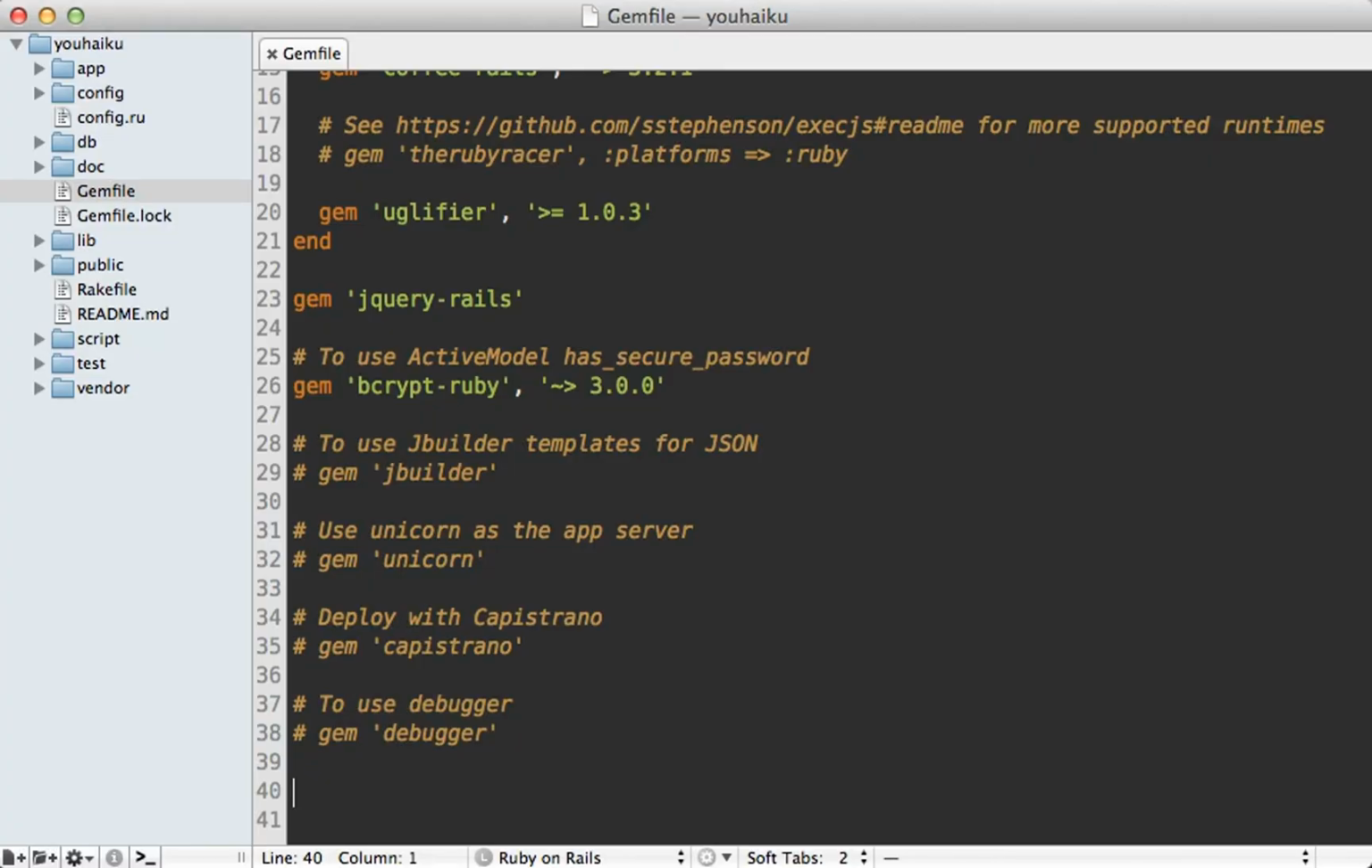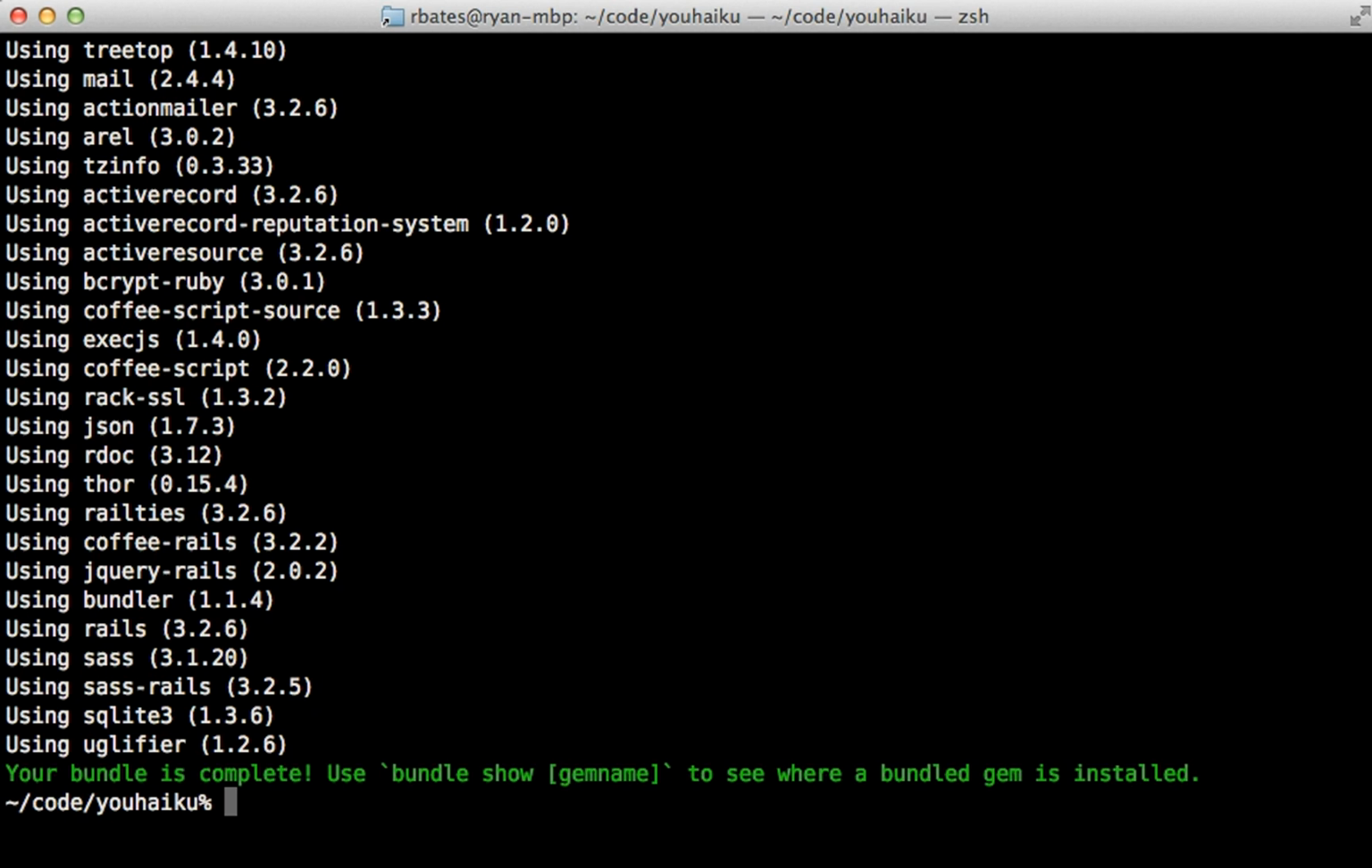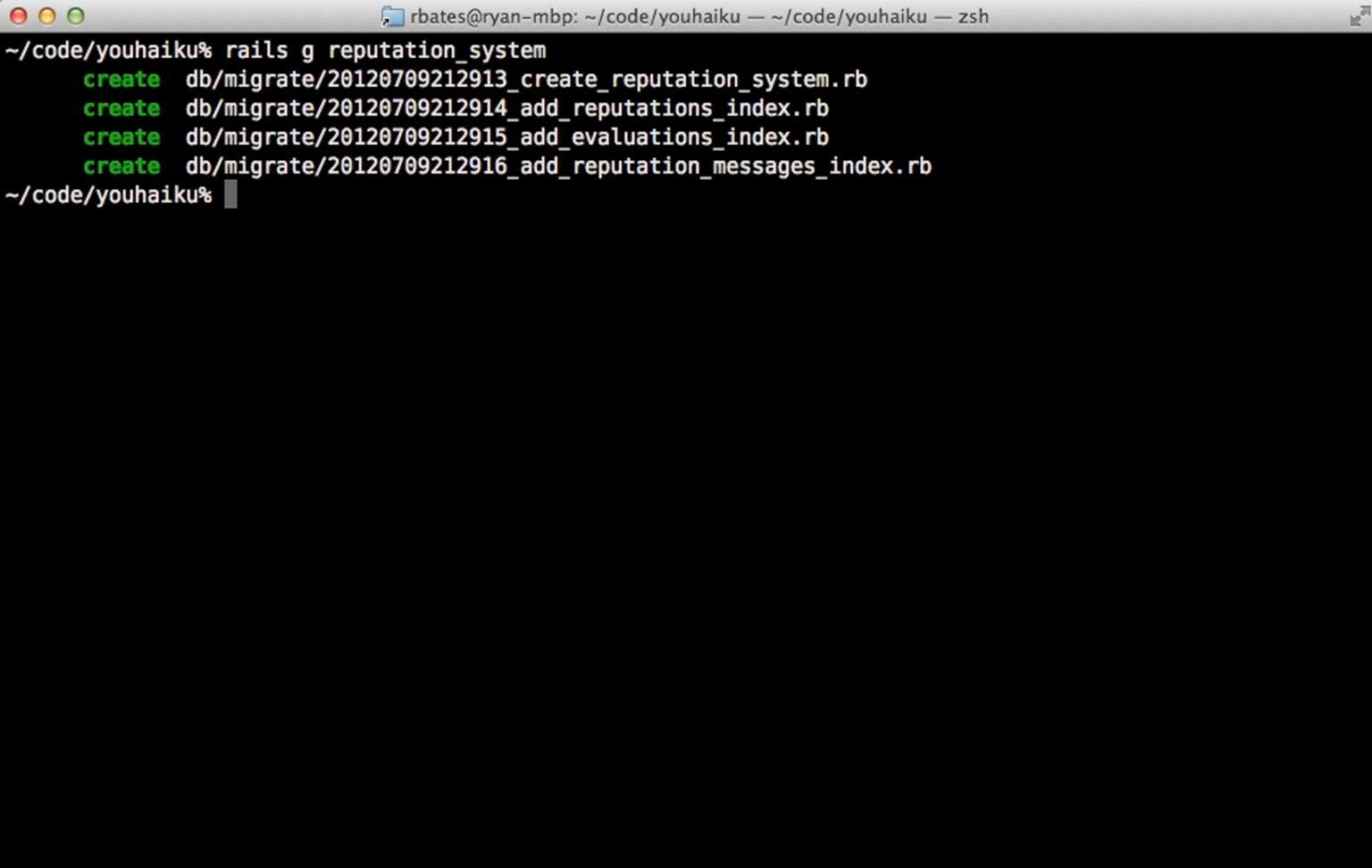I'll start by adding this gem to the bottom of my Gemfile, called activerecord-reputation-system. And you'll need to also require the file separately. It's called reputation_system. And as usual, run the bundle command to install the gem. And next you'll need to run this generator called reputation_system. So this generates a few migration files, which I'll take a look at later, but for now, let's just migrate